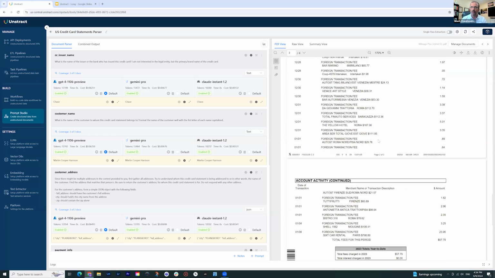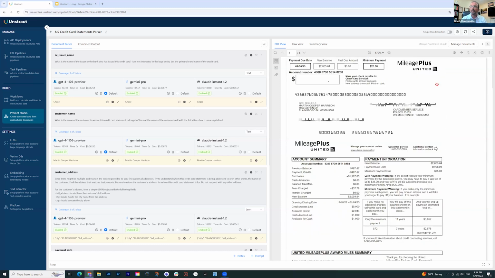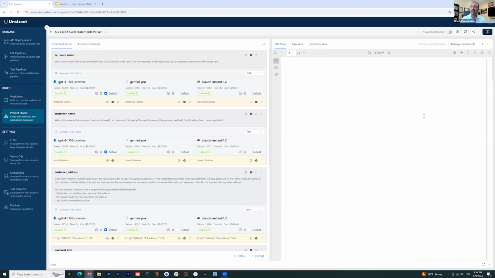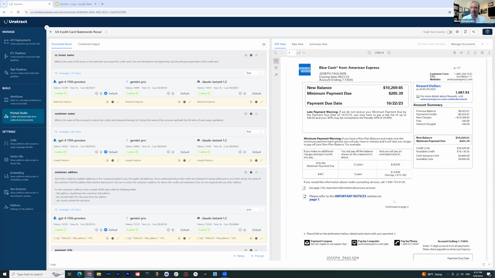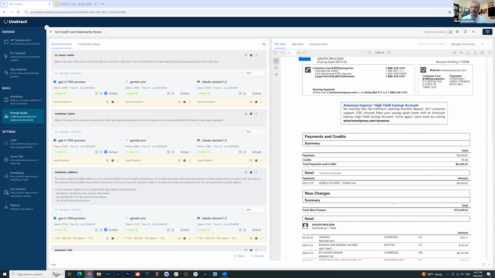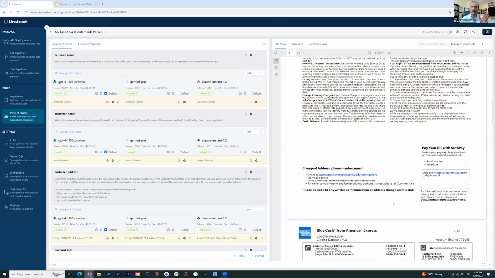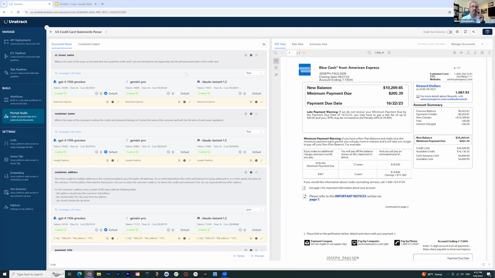And these transactions go into 2 different lines. One says foreign transaction fee, the other one is this and all that. So there are different ways of how it is being processed. And the last one is from American Express, which again has lots of tables, this kind of legal stuff, and then some summary information, and then the transactions themselves, right? So very, very different formats. But I can use the same set of prompts for all these 3 PDFs and get the same results very, very effectively. So how am I setting up these prompts here?